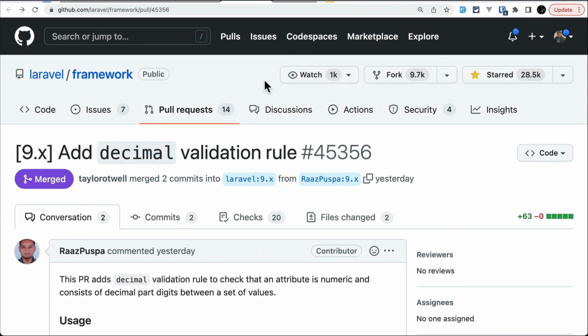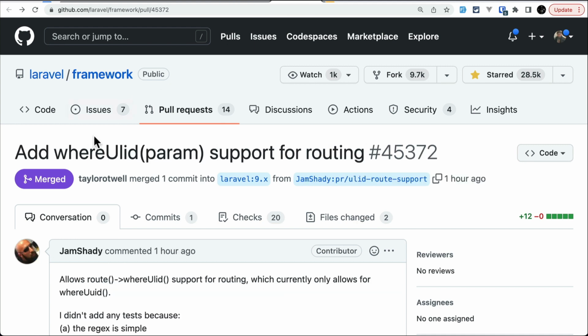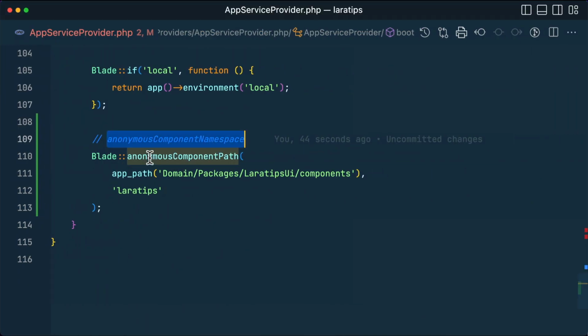And now let us move to the third and the final tip, which is this whereUlid support for the routes. As you all know, ULID has been added recently in Laravel, and every feature that UUID has, those features are being applied to the ULID as well. So previously we had whereUuid, now we have whereUlid as well. So let me show you that over here in the